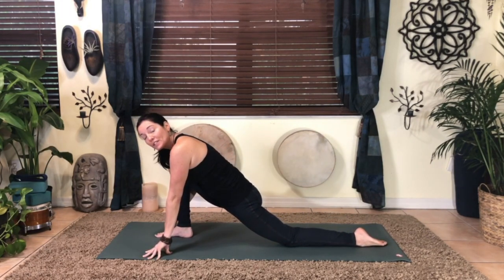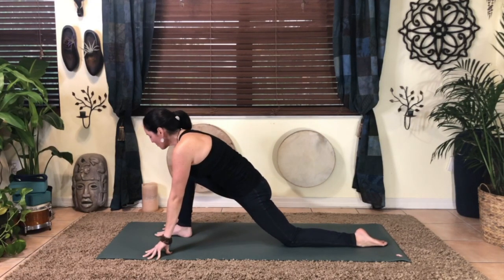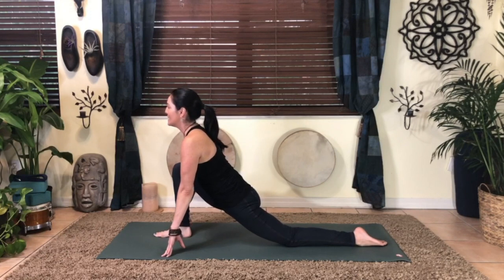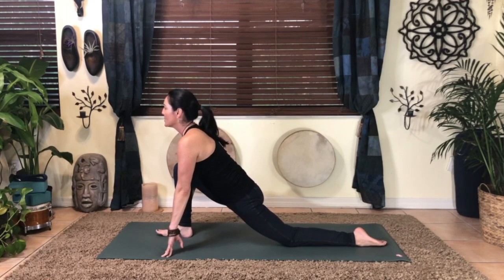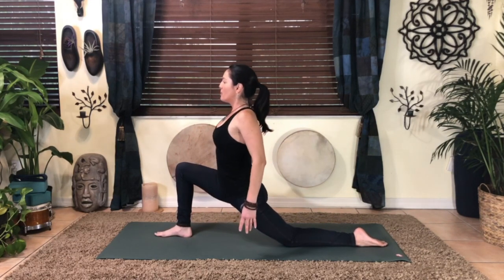Make sure that right foot is flat on the mat. Your knee is right over your ankle. Good. And as you sink into the hips, lift the heart, shoulders move back and down. Breathing into this here. Good. And as you get a little more stable through the lower body, you can lift the upper body, shoulders